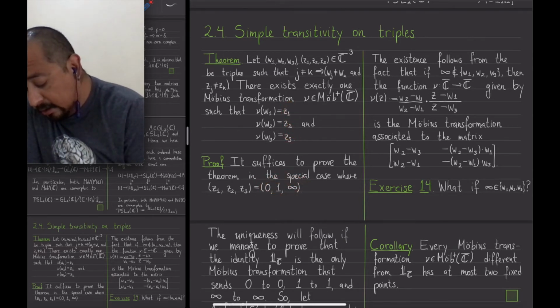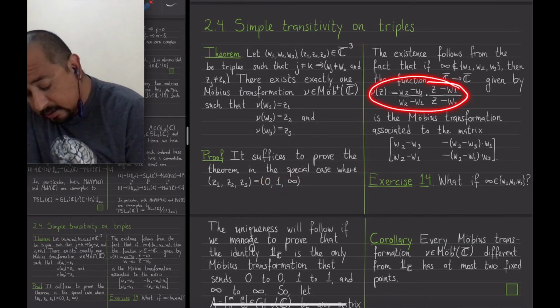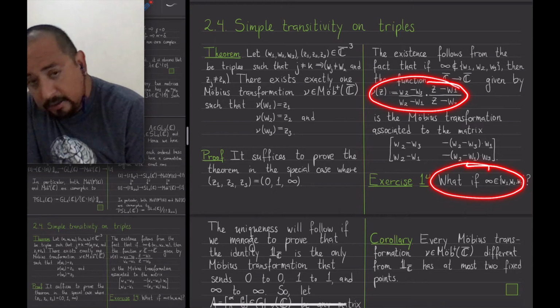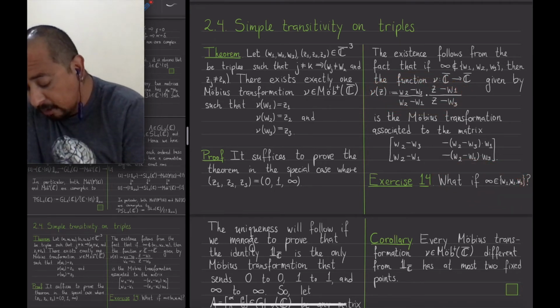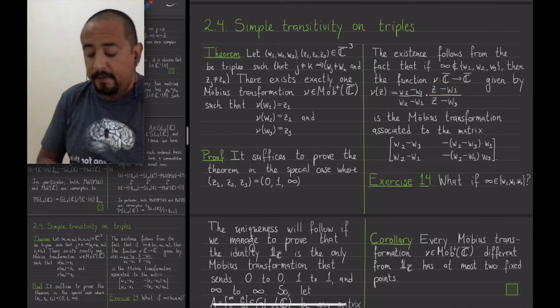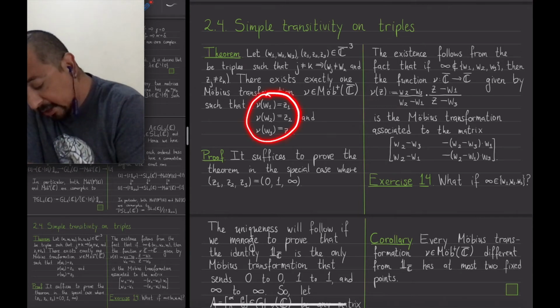In that case, existence is quite easy. One just analyzes the behavior, one wants to know what to put in the numerators and denominators. And second, for the uniqueness of nu in this special case,